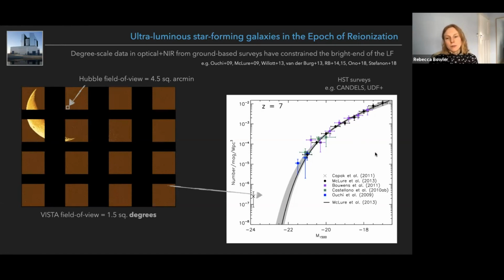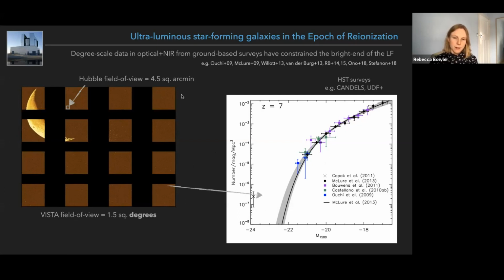So if we then look on the right here, the luminosity function at redshift 7, just as an example, what this means is that as we go brighter and brighter, the error bars firstly get larger because the samples are getting smaller and smaller, and eventually they just run out. There's no data points here. The reason for that is that to get a data point here requires a much larger volume of your survey than you can get from this tiny little image from Hubble. I hope that makes sense. So basically, we just need wider area surveys to find these more rare and bright galaxies and be able to pinpoint what's going on at this bright end of the luminosity function.